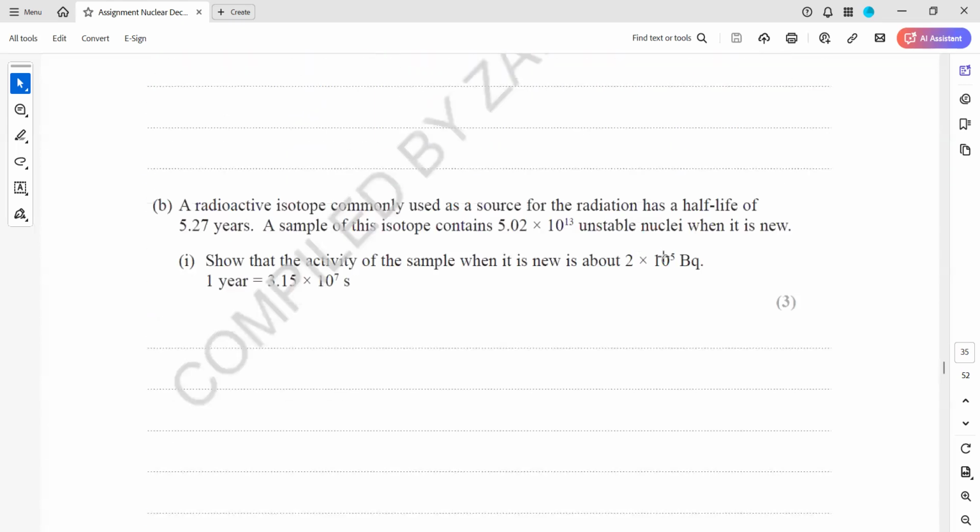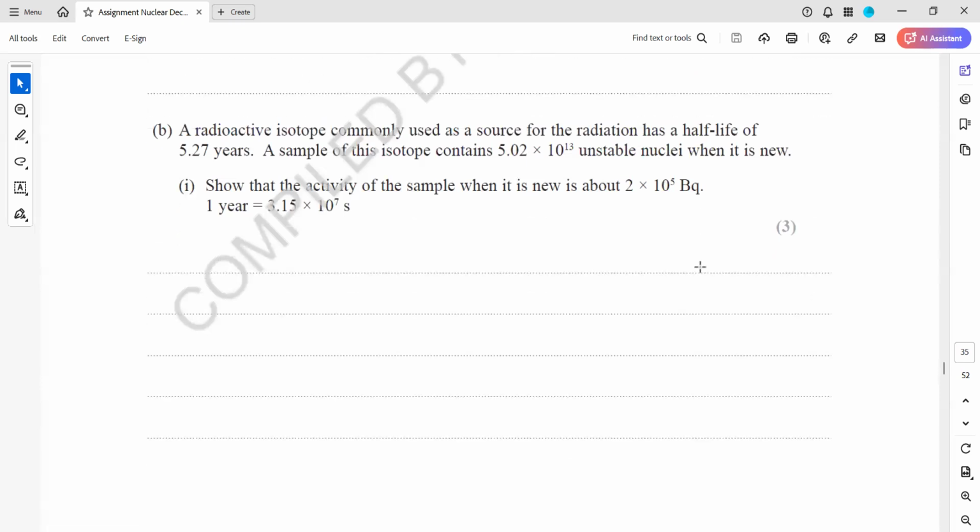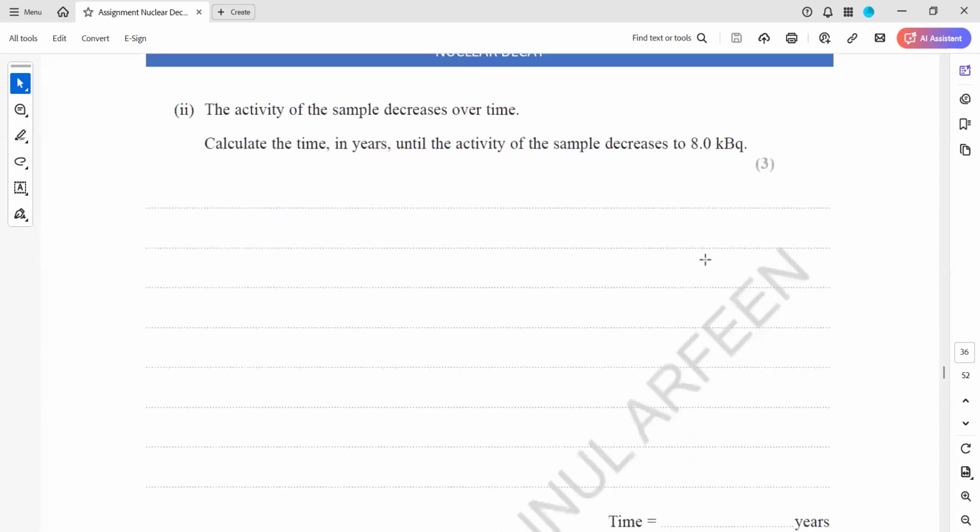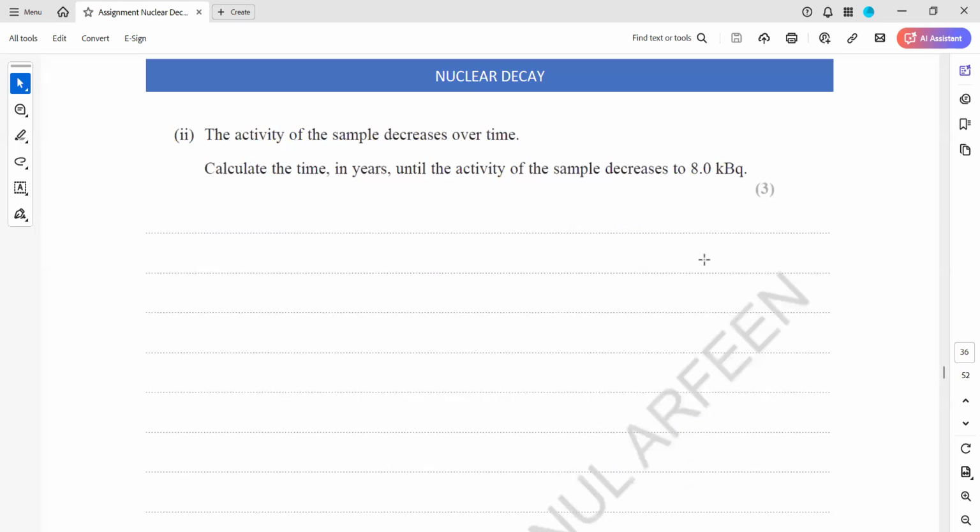Here, we have the original activity as 2 exponent 5 becquerel. Because they mentioned to calculate the time in years, when we substitute, the half-life should be in years. So the original activity, the new activity, A is equal to A naught e raised to the power minus lambda t. That's the formula. So we need this time. So A is equal to A naught e raised to the power